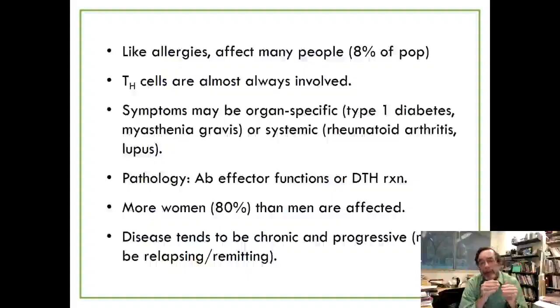So the disease does tend to be chronic and progressive. That means it's always there at a low level. And you may have a relapse where you get better for a while. You may have a remission. One of my favorite authors, Flannery O'Connor, her entire life was changed when she got a lupus diagnosis. And eventually she died from complications related to that, I believe.